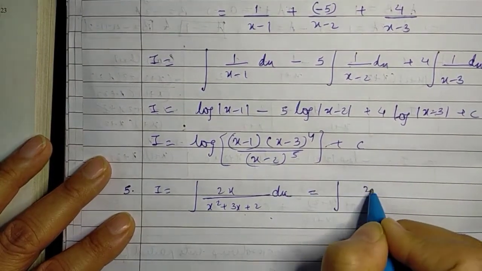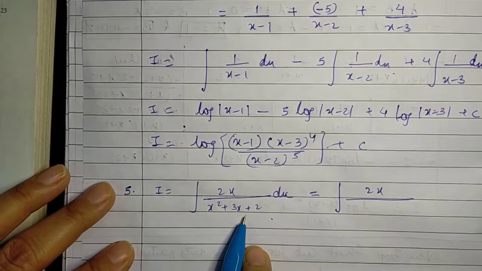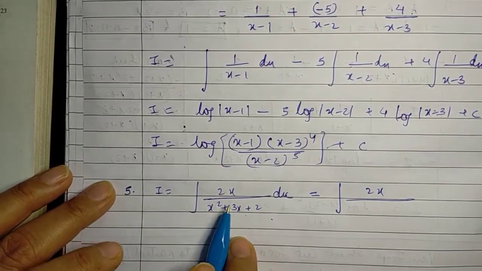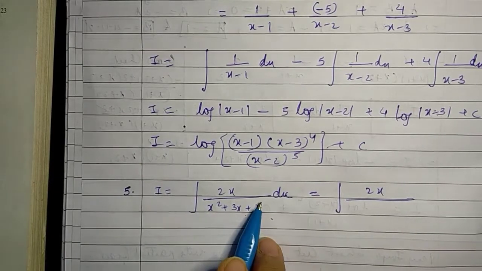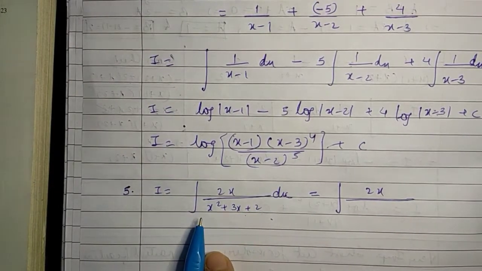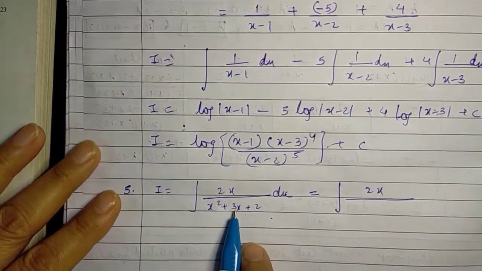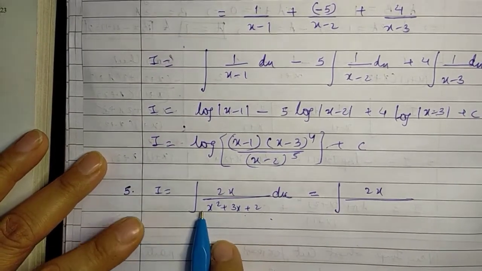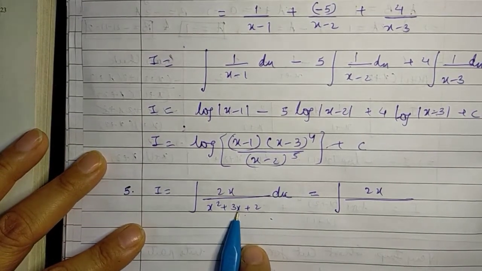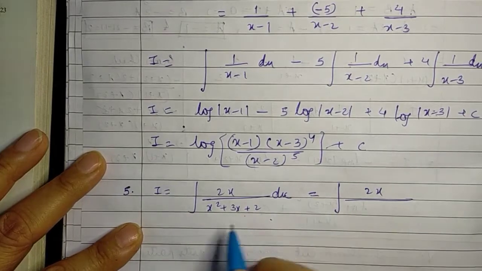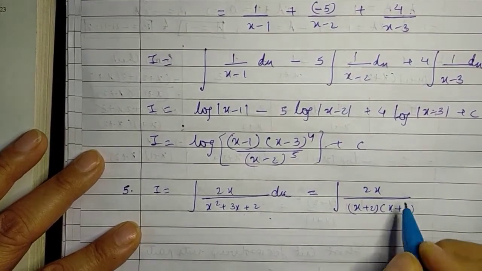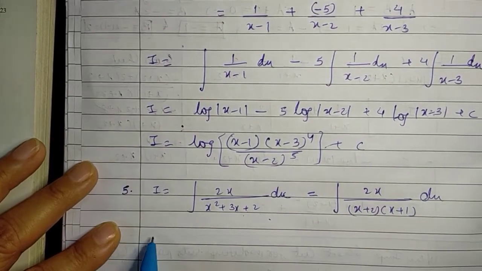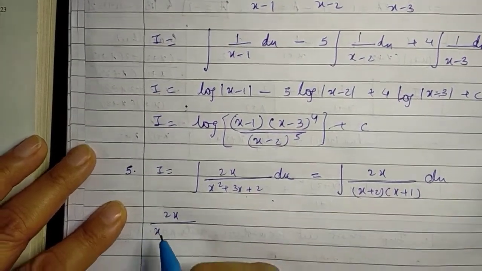So let's see if we can factorize this quadratic into partial fractions. First of all, can we factorize it or not? If we can factorize it, and since there is no square root sign, we want to go ahead with this method of resolving into partial fractions. So what do we have? We can easily split this into 2x and 1. So you get x plus 2 and x plus 1 as the factors, which can be easily resolved and solved. So what do we do?